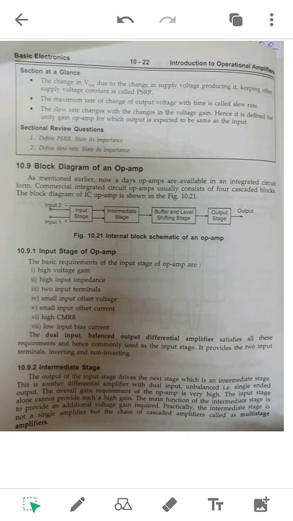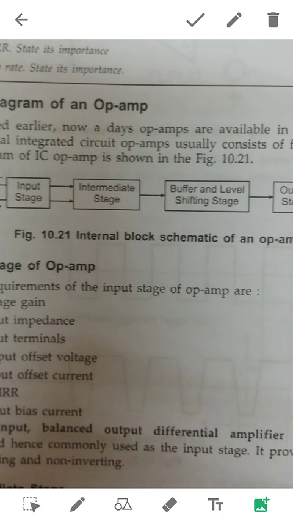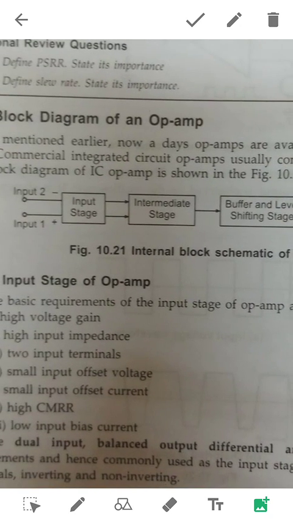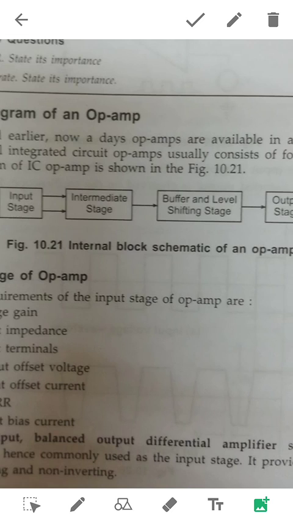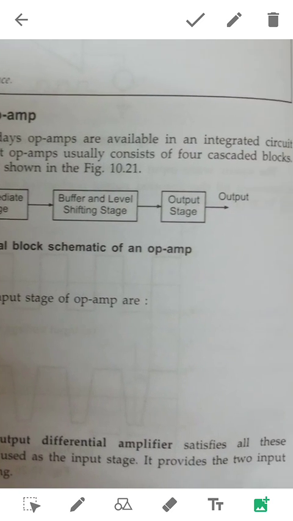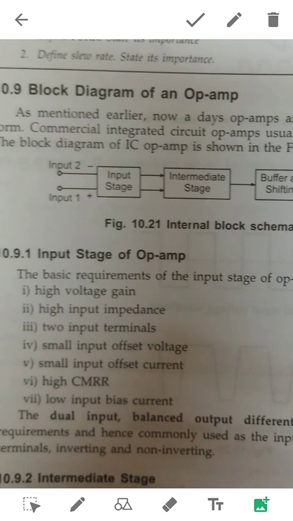The block diagram of an op-amp means the integrated circuit is fabricated or designed by using these block diagrams. So refer to this block diagram. We have the input stage, intermediate stage, buffer and level shifting stage, and output stage. In the input stage, you can see we have the two inputs, input 2 and input 1. Input 2 is connected to the inverting and input 1 is connected to the non-inverting